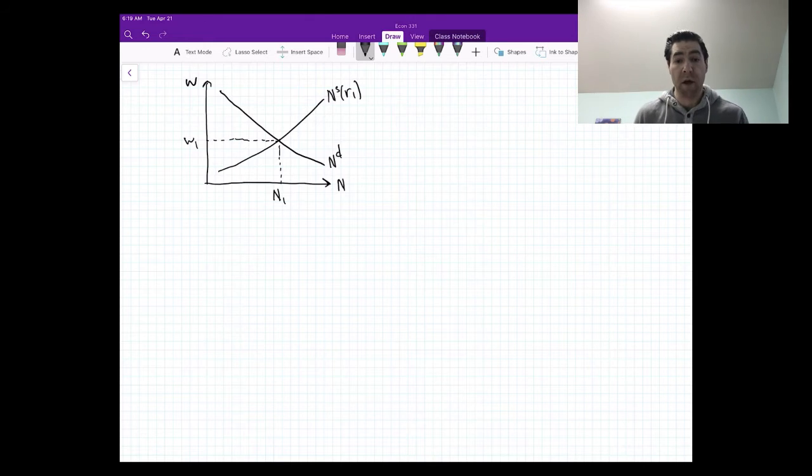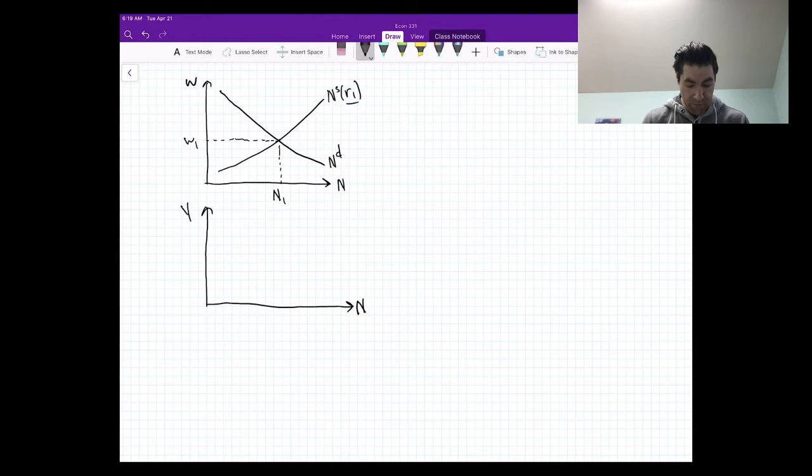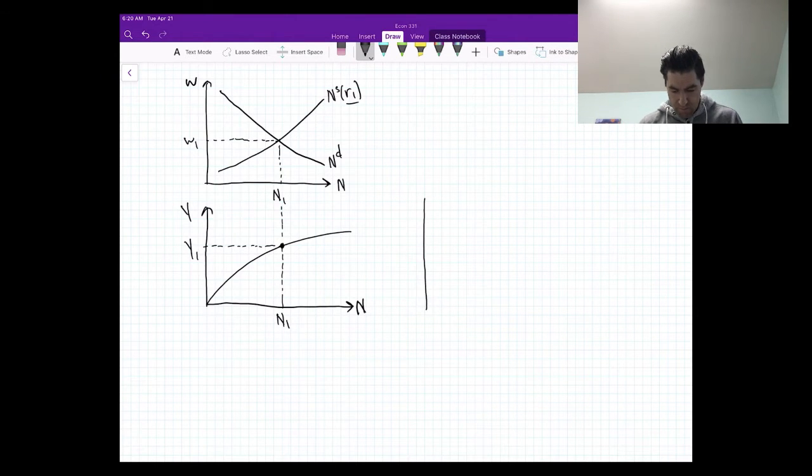For the purposes of deriving output supply, the changes in the real wage don't in particular matter. So what we did then was we said, okay, for this real interest rate, R1, we get some employment. And I can take that level of employment to my production function. And given that level of employment, I know exactly how much output we have, Y1. So that gives me a combination of a real interest rate and a level of real GDP, which if we bring over here, to real GDP on the horizontal axis and the real interest rate R on the vertical axis, I have one point, R1,